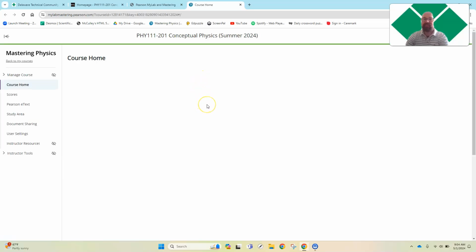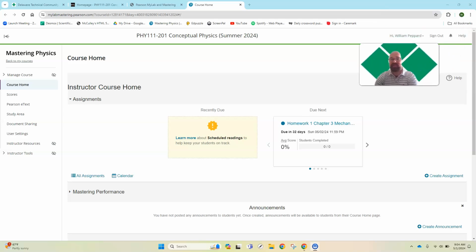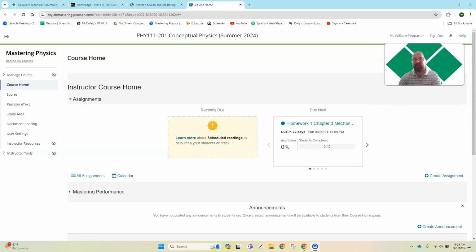I have had other students in other classes purchase the book through Amazon. As long as it has an access code, they were successful in getting to the Mastering Physics site and accessing that. Sorry, my cats are making noise. So it doesn't really matter to me if you buy it there or not, but I know the online version that you're going to access through the bookstore will have the right codes.